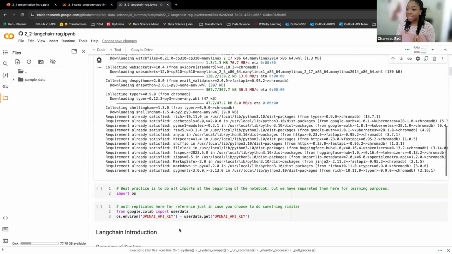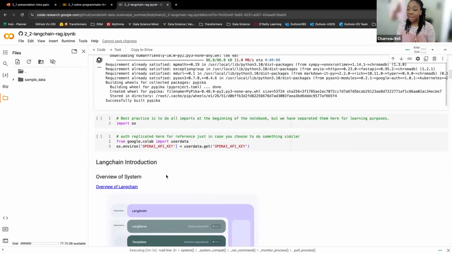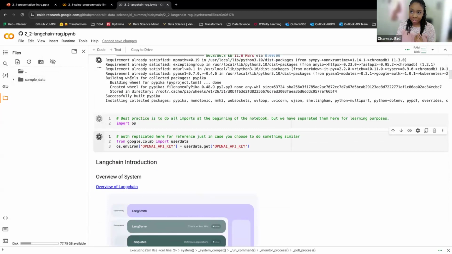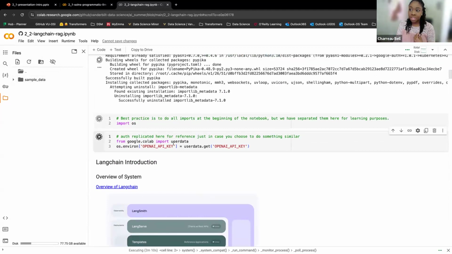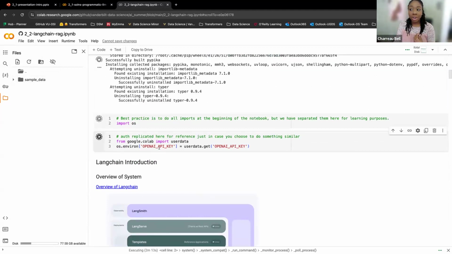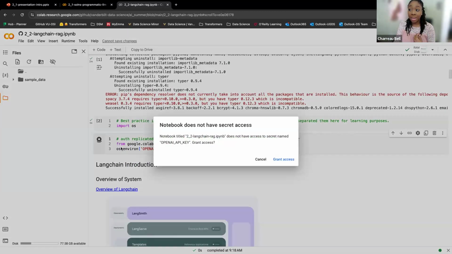All right, so we are still installing. We're going to make it past it. We're just going to go ahead and run this and run this. Those will both run after this is completed. Do remember that you still do need your OpenAI API key. And as a quick reminder, the way that you input that